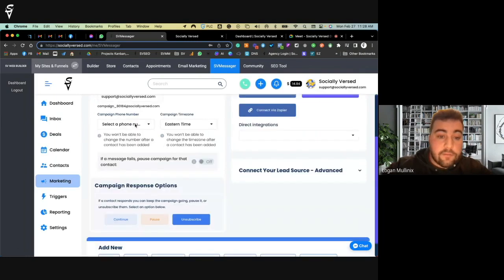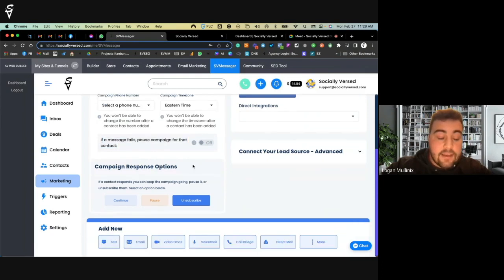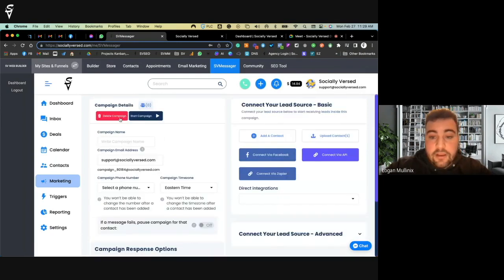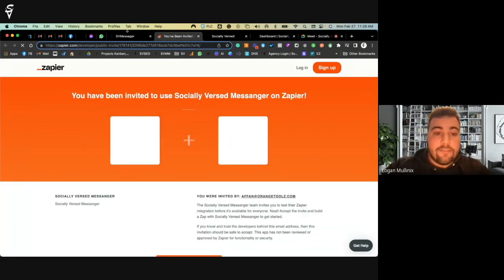You can select one of your virtual business numbers. You can select your time. You can select if a message fails, pause the campaign for that contact. You can come in here and add a contact manually. You can upload contacts. You can connect via Facebook. You can connect via the API, or the most common option is most likely going to be connect via our